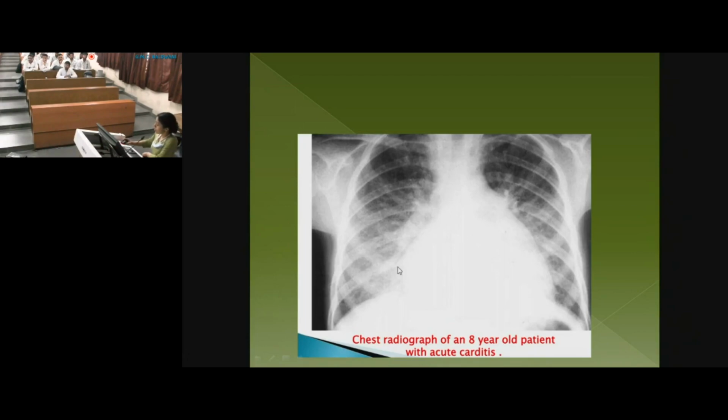So what is the CT ratio? You draw a straight line like this, right? Then you take the maximum distance from here and the maximum distance here. You add these two, this is the cardiac ratio. Then you take the thoracic ratio, up to the left lobe of the diaphragm. So you draw a straight line like this and calculate the thoracic ratio. So the C by T ratio, if it is more than 0.5, that is called cardiomegaly. So here you are finding cardiomegaly.